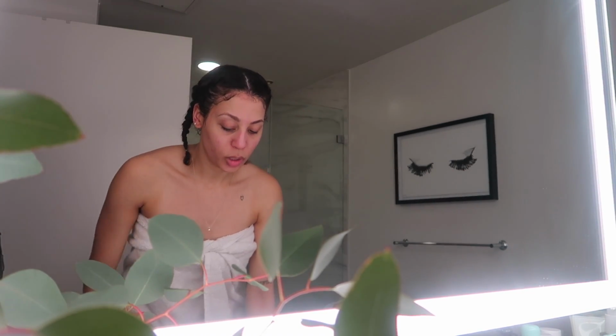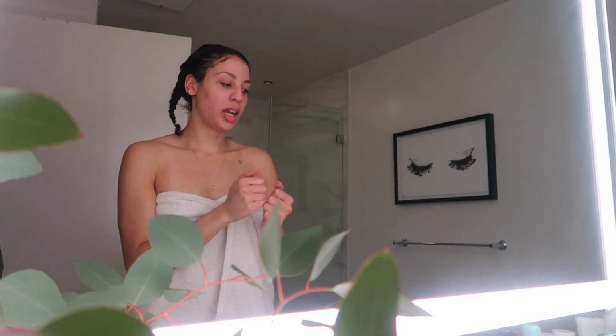You guys, I am fresh out of the shower, shower cap and all, because I was just not trying to wash my hair. It just did not need to be washed, and I'm not trying to wash my hair every day. So now is when I moisturize. That's the first thing I do when I get out of the shower,